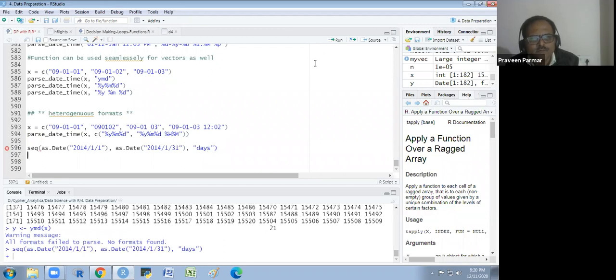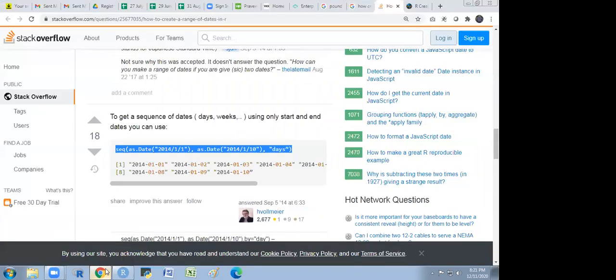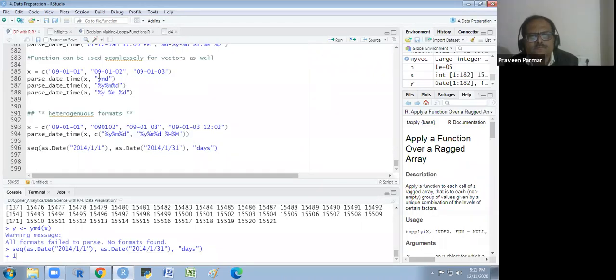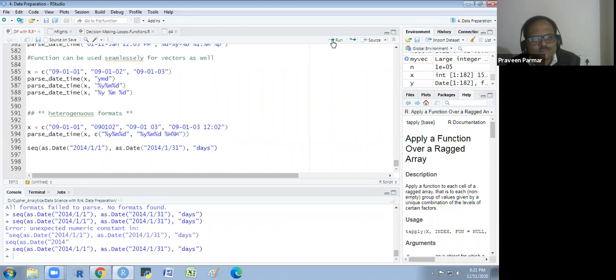I try to see why we are getting that. It is incomplete. It is an incomplete command, basically.